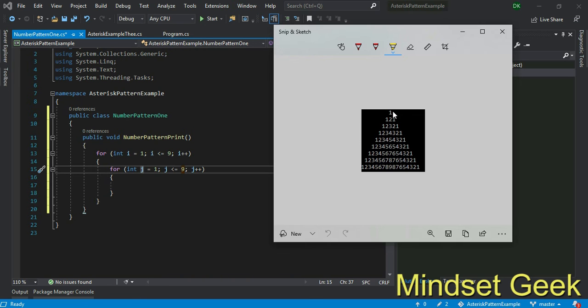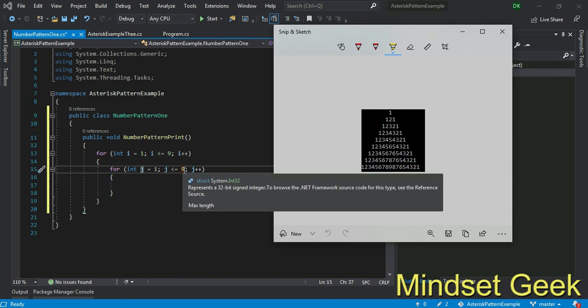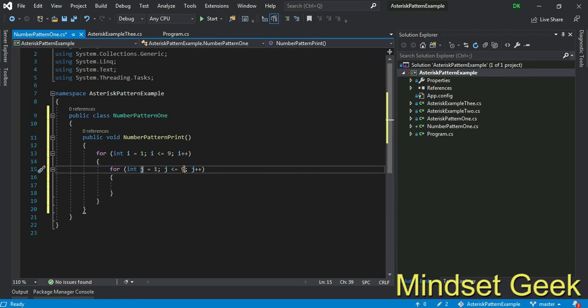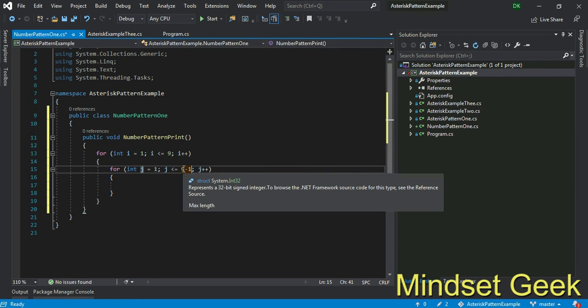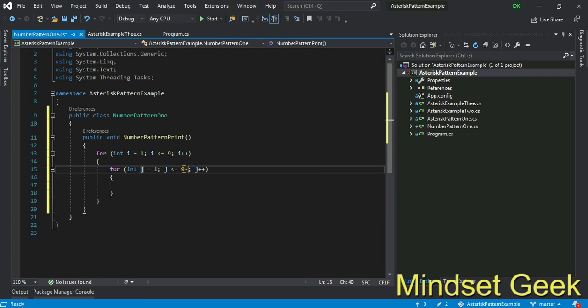Otherwise first time 8 spaces and last time no spaces. It is also possible, right? But here I use 9 spaces first and 1 space last. I should use minus I. We should control the second for loop from this for loop, otherwise it always keeps 9 spaces, right?